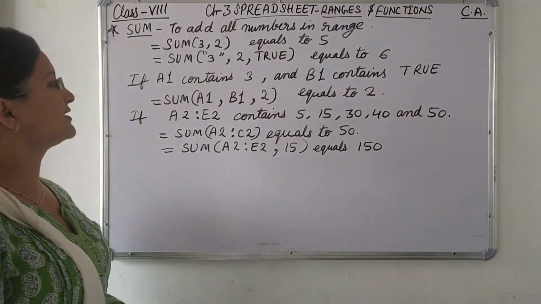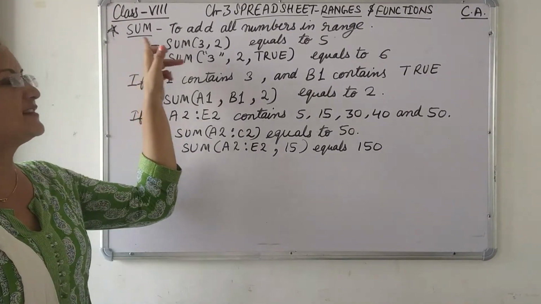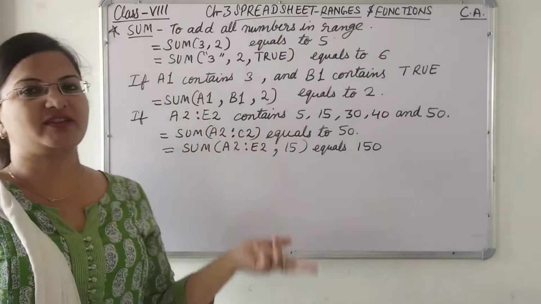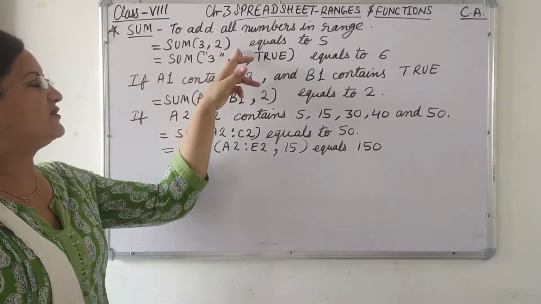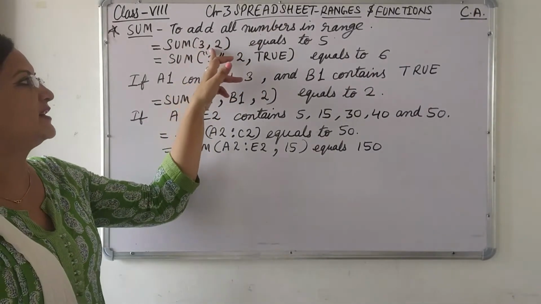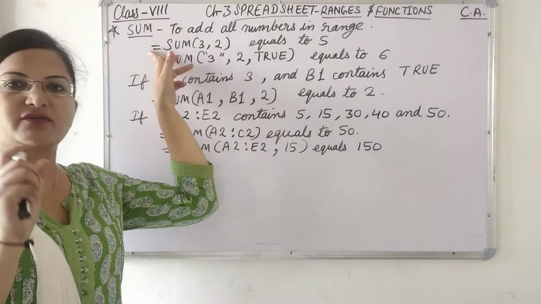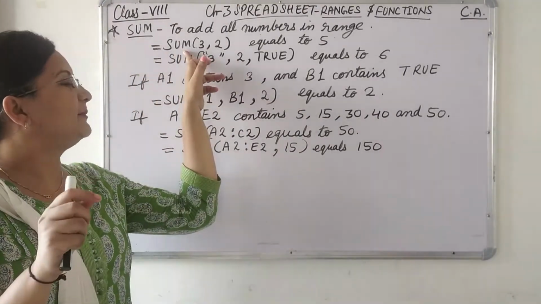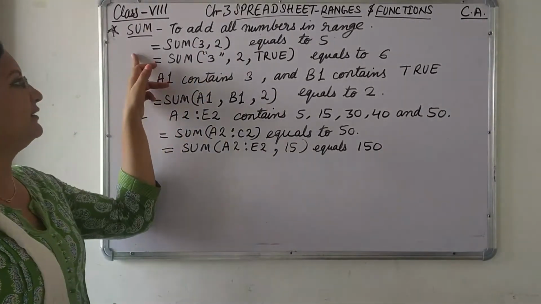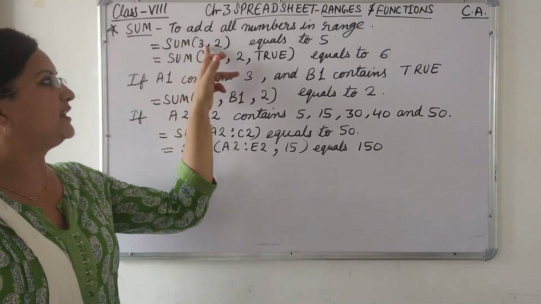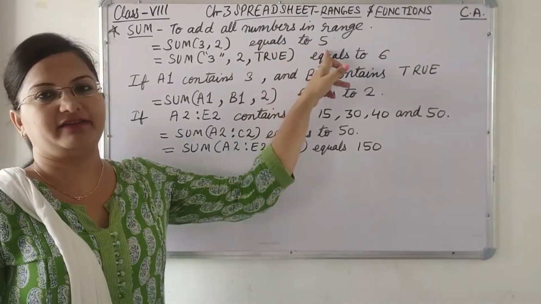There are some functions in spreadsheet that we can use directly. First of all, there is the SUM function. As the name suggests, it is used to add numbers. The numbers in the range, or the numbers we are passing in the arguments, will be added. It's very simple. It always starts with the equal to symbol, then the function name, then in parenthesis we write the arguments. Here there are two arguments, SUM(3, 2). These are two numbers, and the sum of the two numbers is 5.